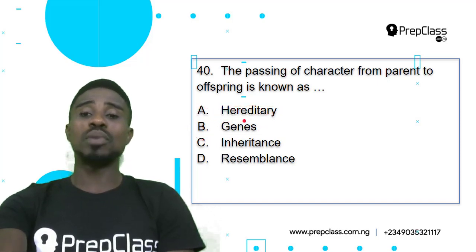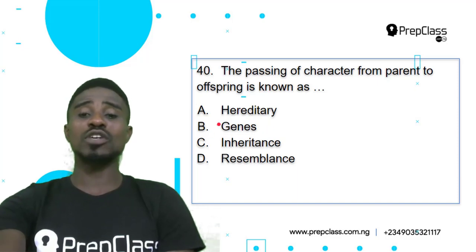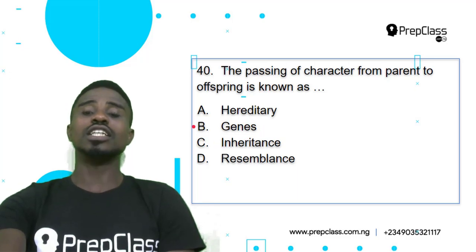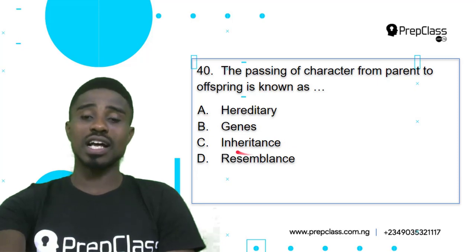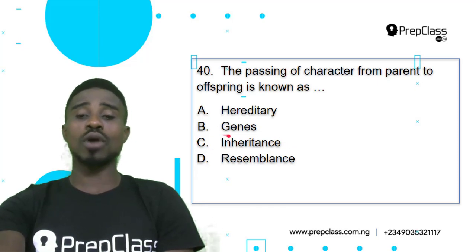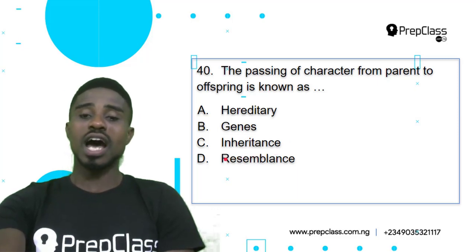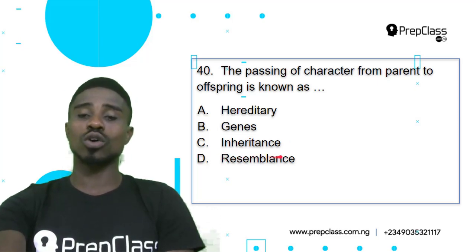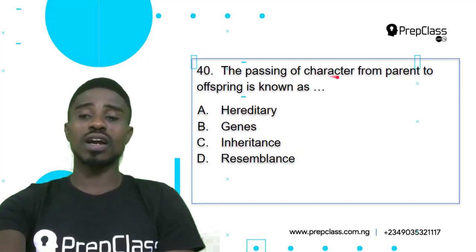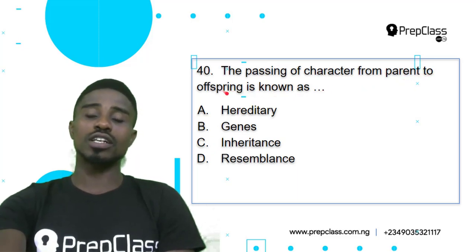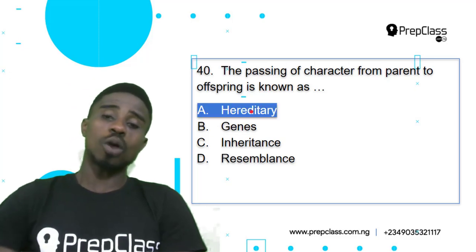Genes are the basic units of hereditary. They are responsible for what the children inherit from their parents. So it's not inheritance, because inheritance can also mean properties left for the children, which has nothing to do with character. And resemblance also is as a result of the genes they inherit from their parents. When we're talking about the passing of character from parents to offspring, it is known as hereditary. So question 40, option A,